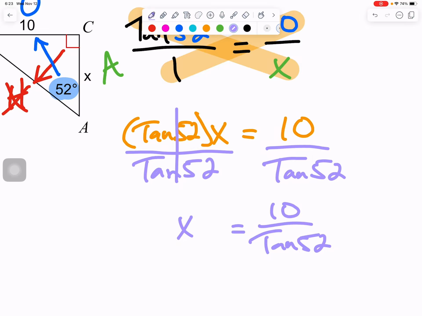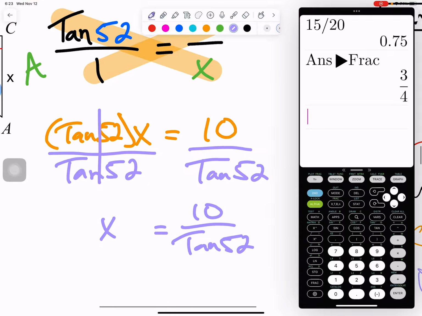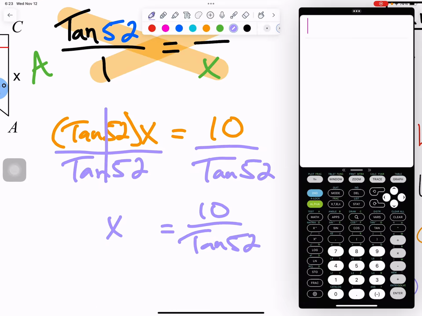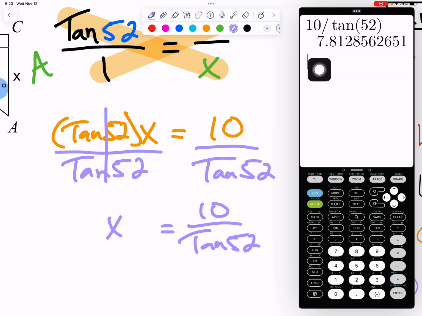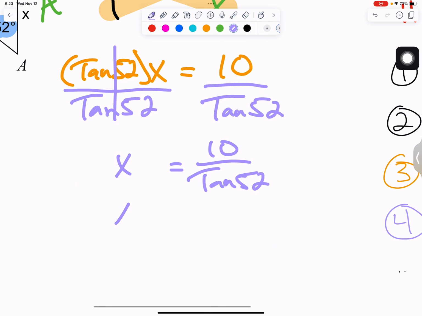From here, simply put it into your calculator as, let's clear it off, 10 divided by tan, for tangent, 52. Hit enter. What do we get? 7.81. The 8 is in the tenths. Well, the hundredths is a 1, so that 8 stays the same. X equals